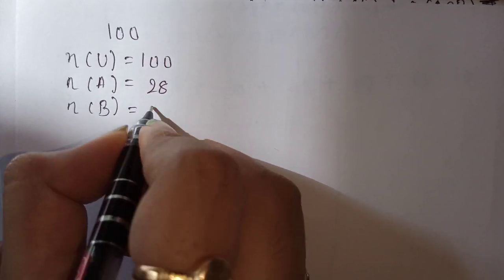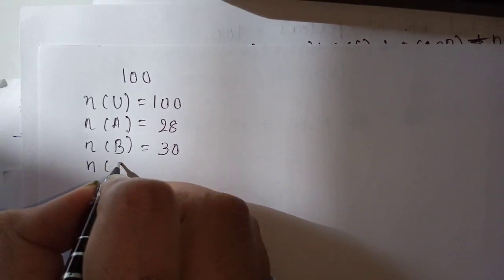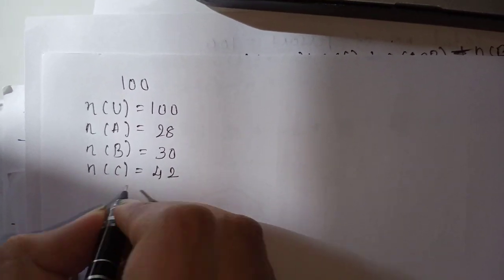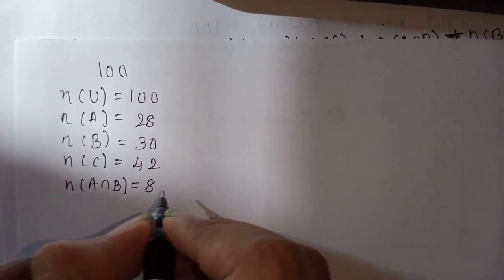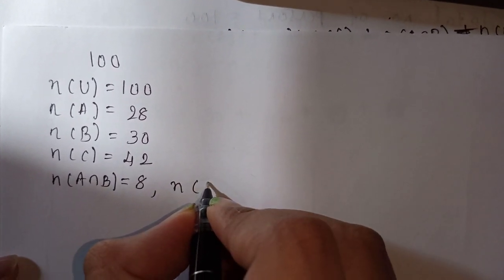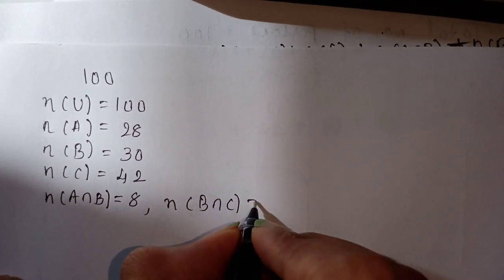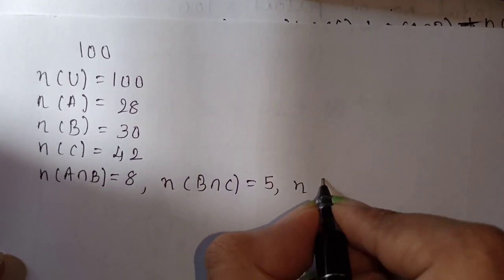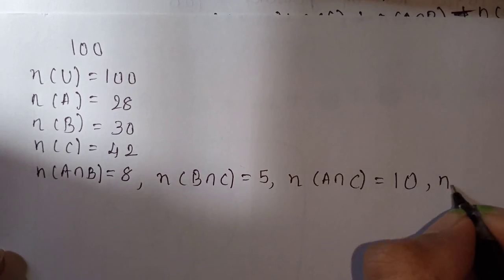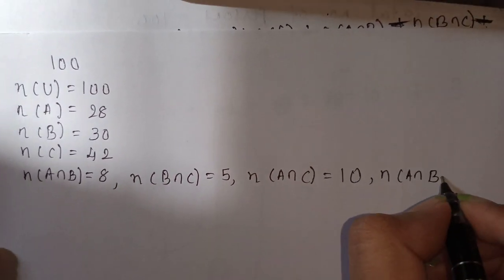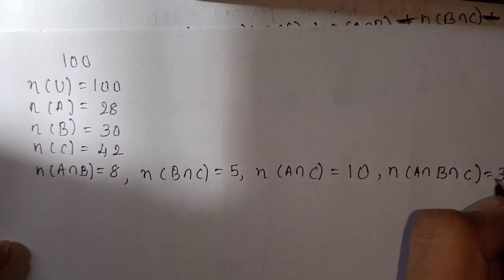Number of B is equal to 30. Number of C is equal to 42. Number of A intersection B is equal to 8. Number of B intersection C is equal to 5. Number of A intersection C is equal to 10, and number of A intersection B intersection C is equal to